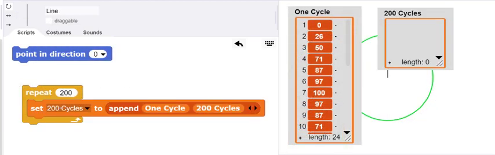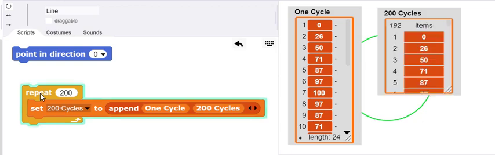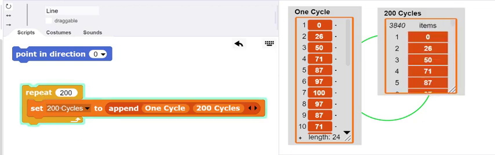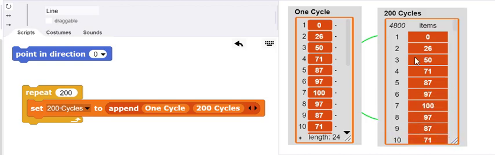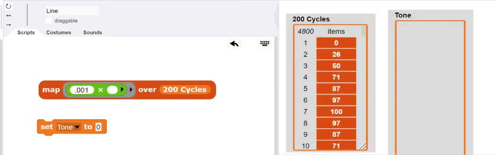We can use these values to generate a tone, but one cycle won't be sufficient. In this case, we've created a variable named 200 cycles, and by repeatedly appending the first cycle to this new list, we can gradually build up a list of 200 cycles. Since there are 24 samples in each cycle, we wind up with 4,800 items in our list of 200 cycles. We can play this list